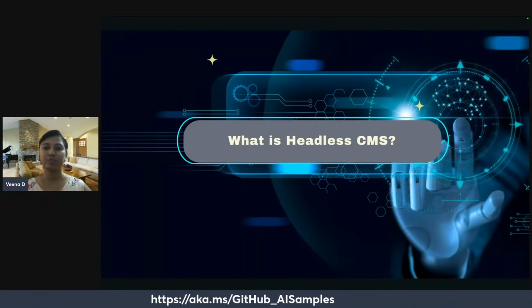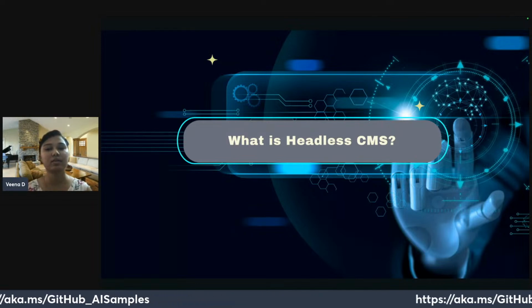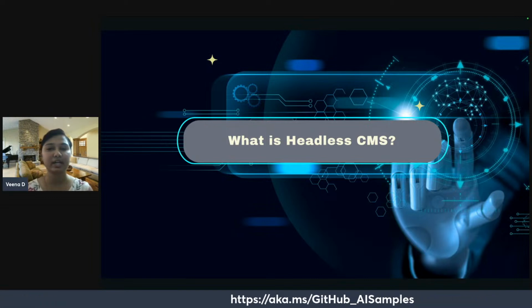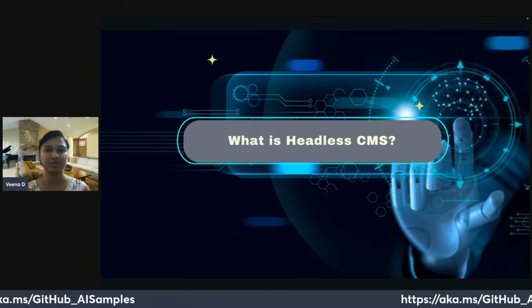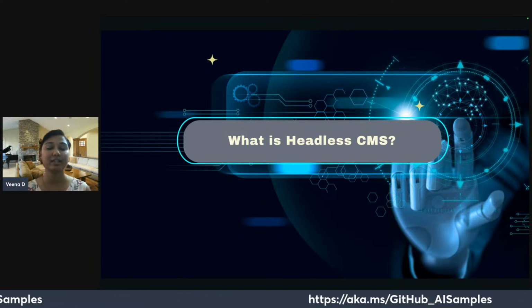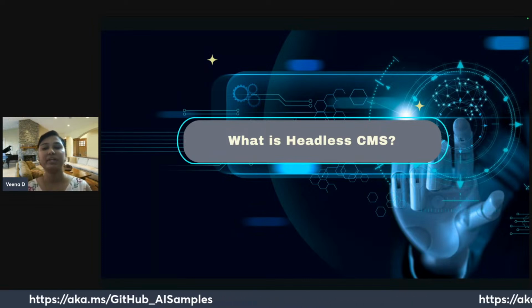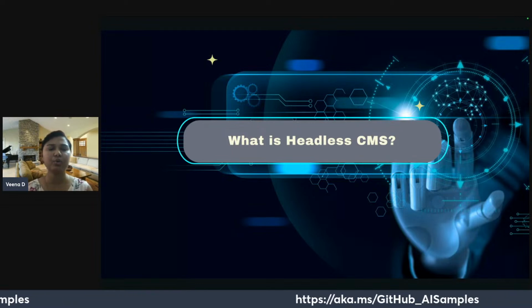Yes, so today we are going to discuss one of the headless CMS and its integration with an AI model. Before we continue with this integration and how it works, we have to first understand what a headless CMS is. When I say headless CMS, it's a completely different kind of application. You don't need any specific